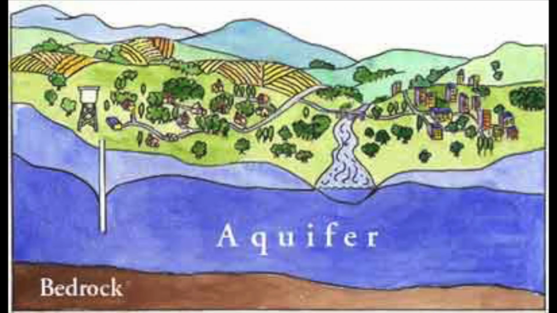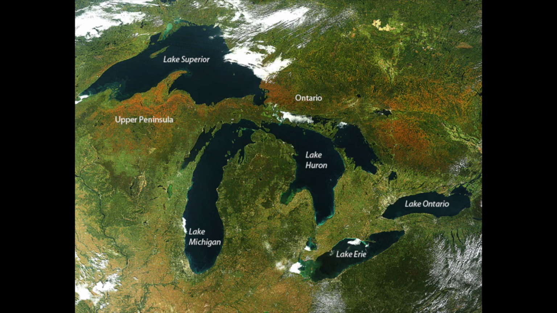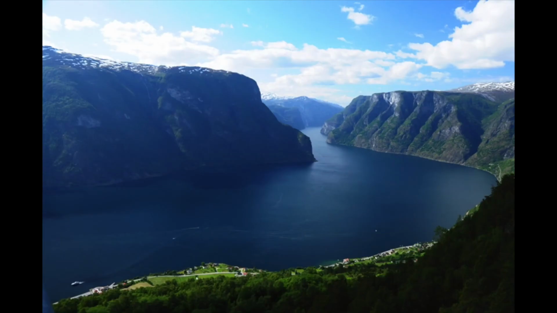I'm here to tell you all about freshwater sources and features. Important freshwater sources are aquifers and spring inputs, and these sources yield both persistent and ephemeral freshwater features, ephemeral here meaning seasonal or temporary. Examples of persistent freshwater features can be natural, such as Great Lakes, fjord lakes, Rift Valley